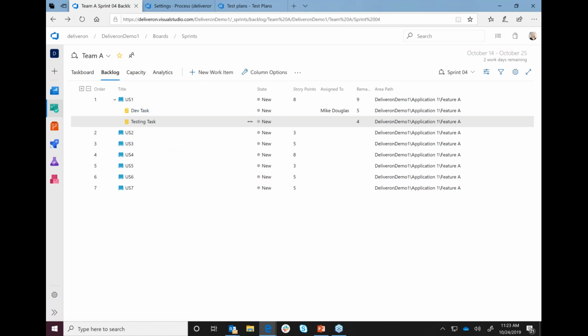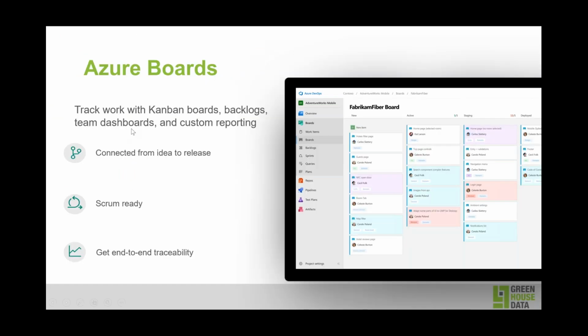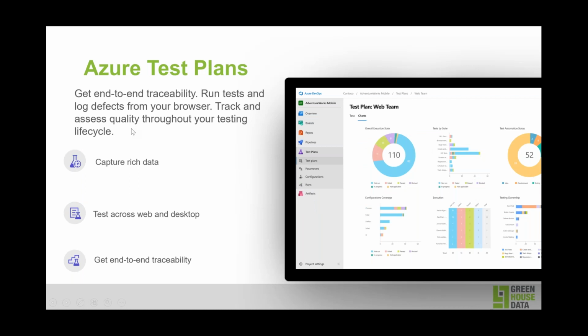All right, so next, let's talk about Azure Test Plans. This section is very near and dear to my heart. I have a background in testing as well. The Azure Test Plans feature is one of my favorites because I don't know how many of you are using a tool like Excel to manage and track your testing